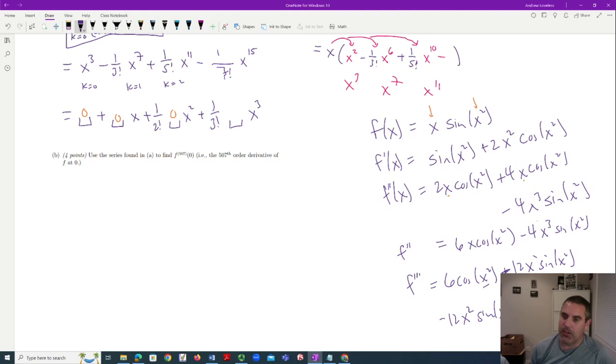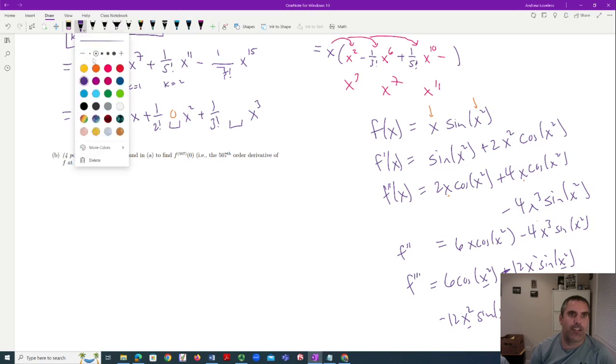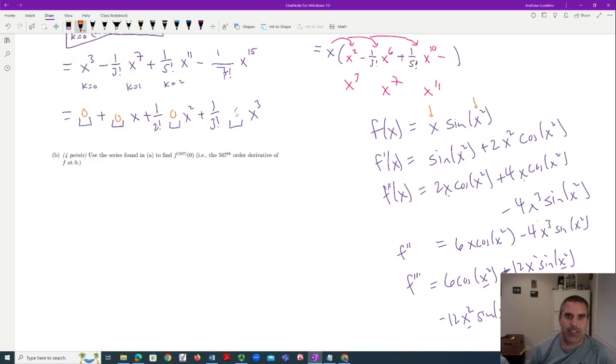And when I plug in 0 everywhere here, I actually get 6. So I finally got something. 6. Okay, let's simplify that. What is 6 over 3 factorial? It's 1. Notice that that matches the number we have here. So let's summarize what we just found. We just found out that if you do 1 over 3 factorial times the third derivative at 0, you get the same thing as the number